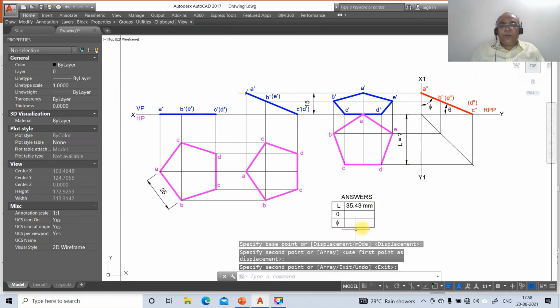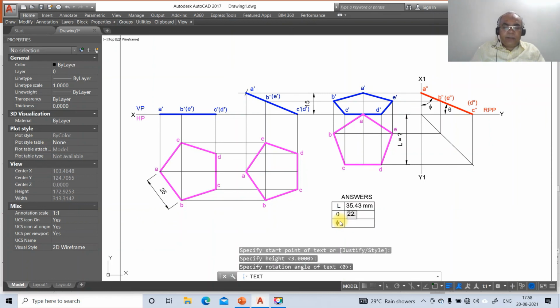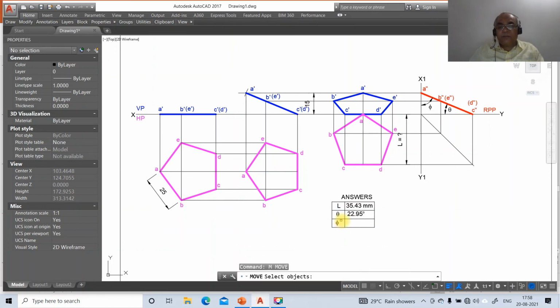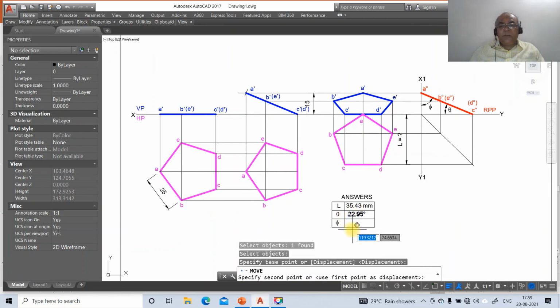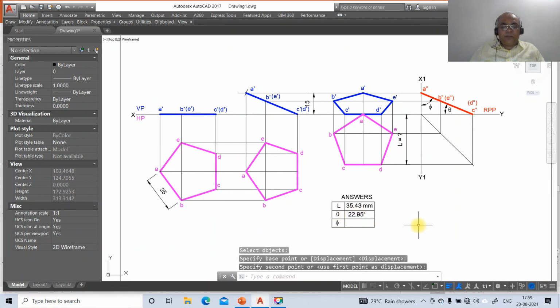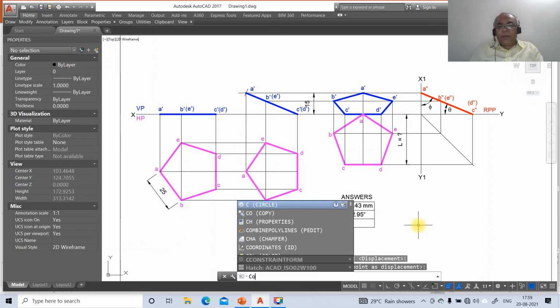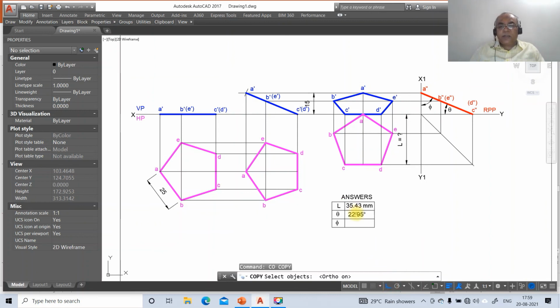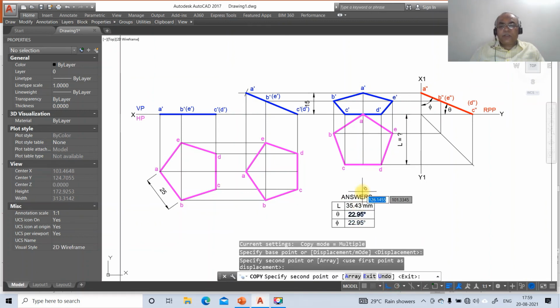So now we need to go to dtext, type 22.95 percentage d, so 22.95 degree, and this will be 67.05. Then go to copy, select this and you copy this next to this, then go to dd edit.